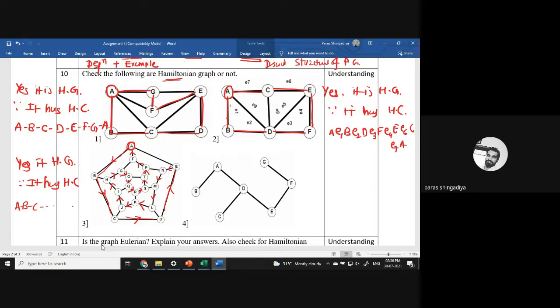Complete this part here. And fourth one, what is the answer of fourth one? That looks like a tree, ठीक है? यह tree एक दिख रहा है. There is no cycle, but all vertices are connected. So to say any graph is Hamiltonian, it should have one circuit, ठीक है? The graph should have one circuit. But here it is not a Hamiltonian graph because it does not contain a Hamiltonian circuit.